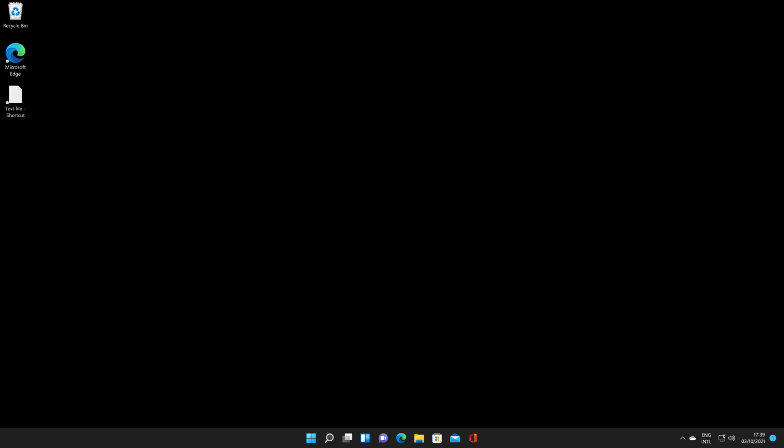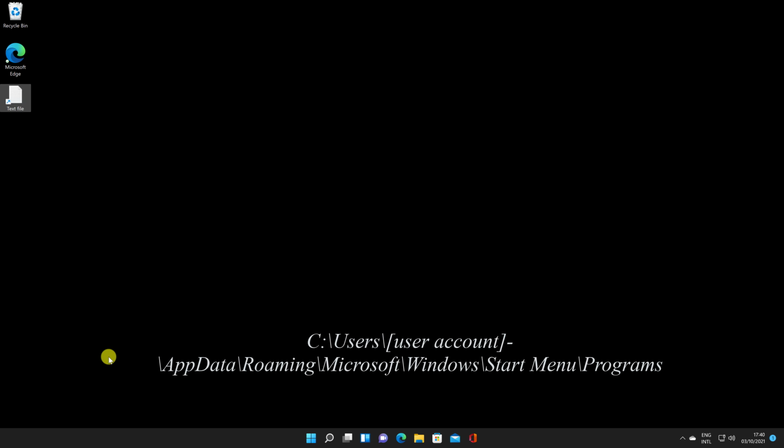The next step is navigating to the location where Windows 11 saves Start menu shortcuts. You can type or copy and paste the following into File Explorer's address bar: C:\Users\user account\AppData\Roaming\Microsoft\Windows\Start Menu\Programs.